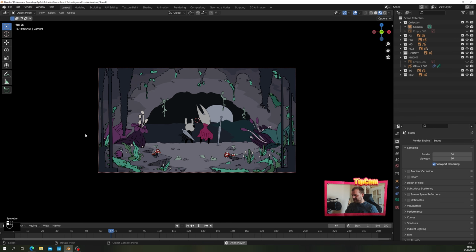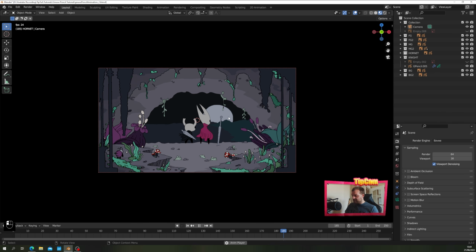Okay, so there you can see I've added some basic animation to the character's cloak, as well as the knight's head turning back and forth, and I've just used some simple noise modifiers as explained before to add some life and motion to the moss here. Usually I'd go into a lot more detail in this scene, clean everything up, but this will do for the sake of the tutorial. The next step then is to add some lighting to this scene and to set up